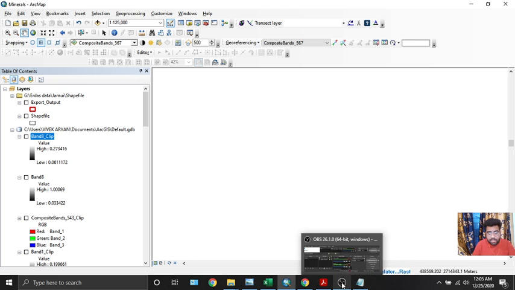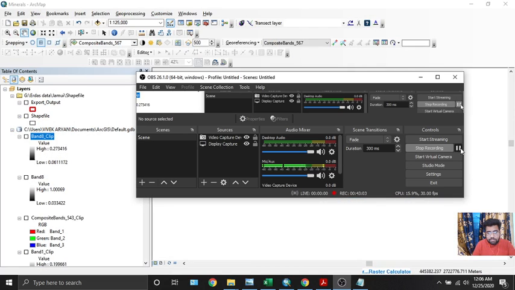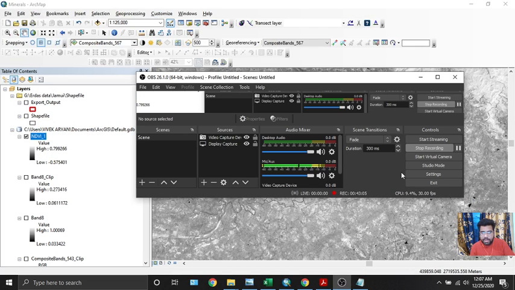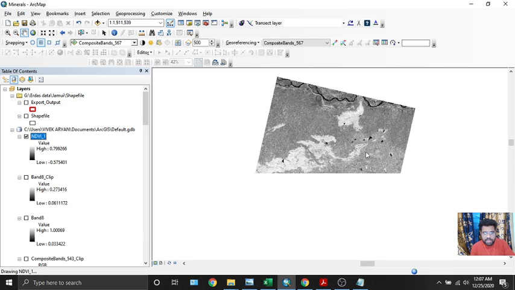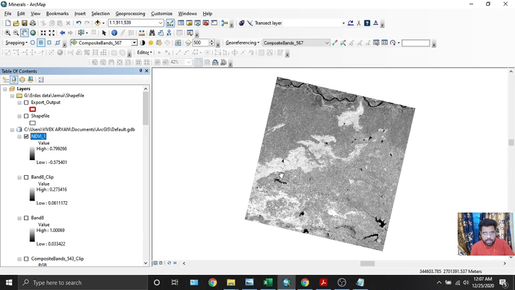So let's pause the video again. So again the wait is over, and we have created the NDVI layer. This is NDVI1. So we will use zoom to layer. This is NDVI1. Okay, but NDVI1 is basically a vegetation index for showing the vegetation, for showing the healthy vegetation area. So we will change its